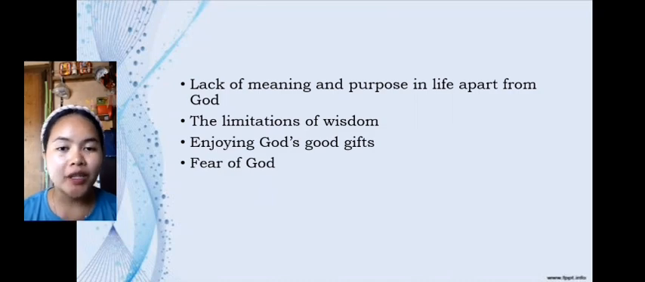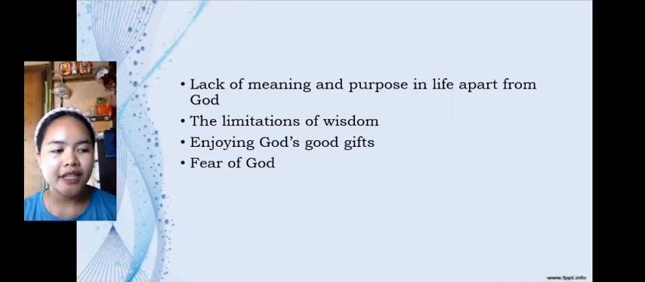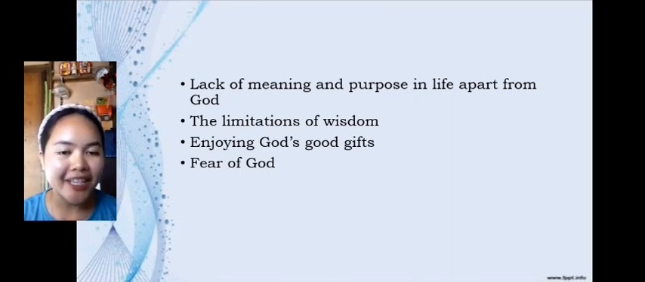There are themes that we can observe. First one is the lack of meaning and purpose in life apart from God. Next one is the limitation of wisdom. The third one is enjoying God's good gifts. And the last one is fear of God. So if we read the whole book of Ecclesiastes, these are the themes that we can observe and that are written in